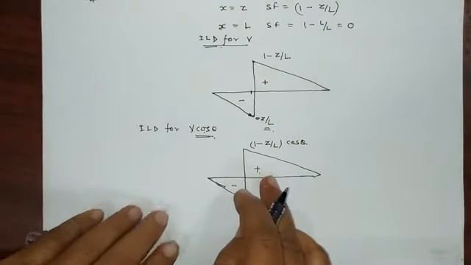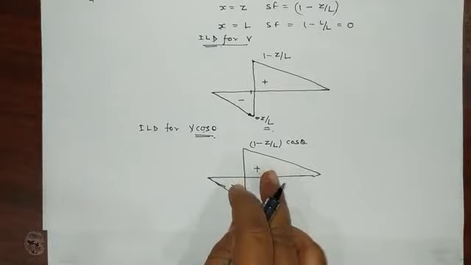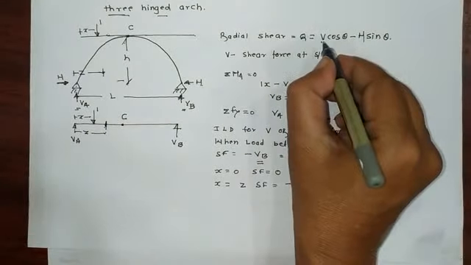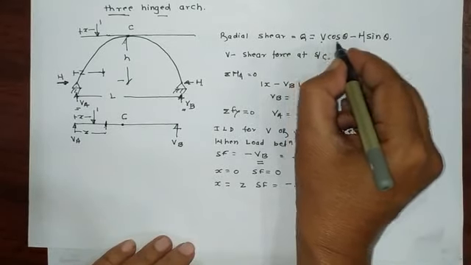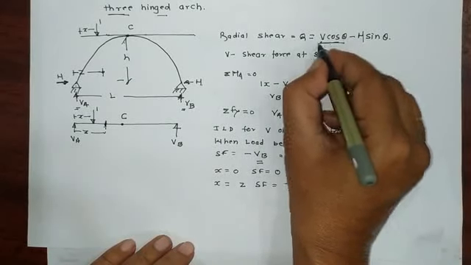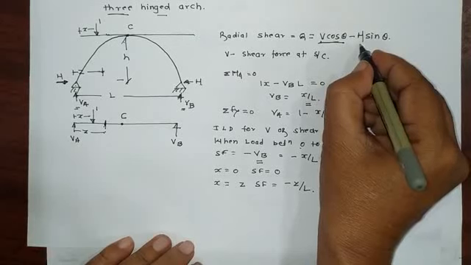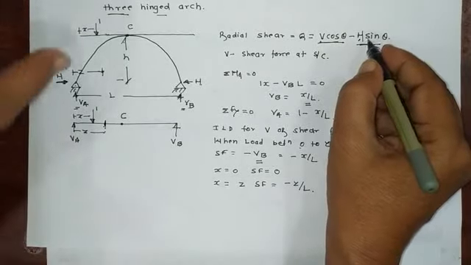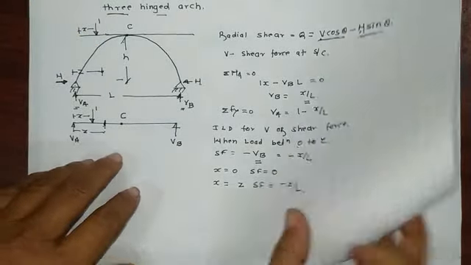So here we got half of the solution. What is here? It is V cos theta. So we got the ILD for V cos theta. Now what remains is H sin theta. So we again draw the ILD for H and then multiply by sin theta. So now for that,